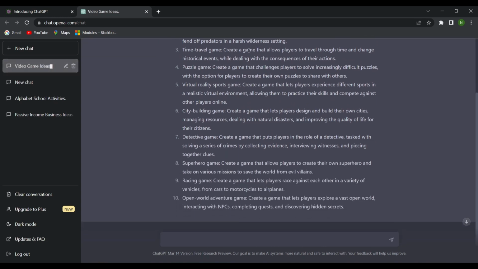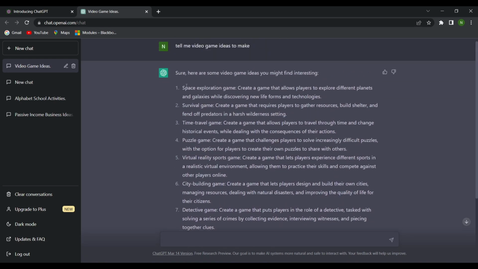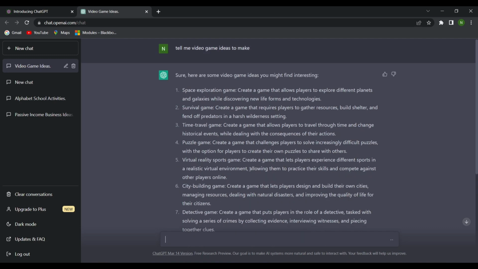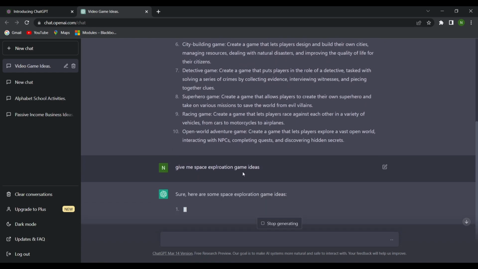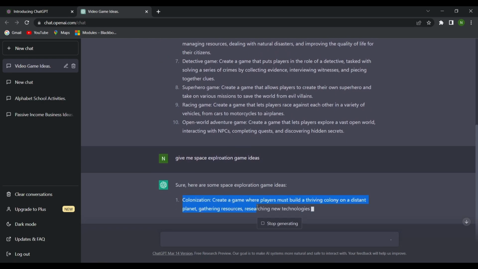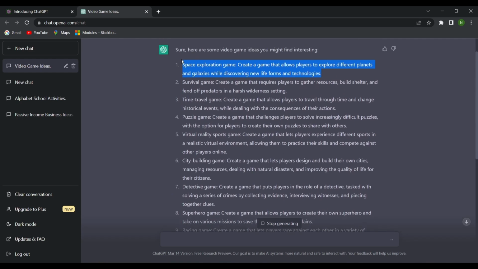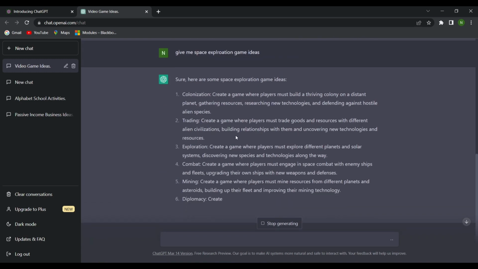So the best way to utilize this tool is actually giving more specific questions. So for example, let's say we're going to make this space exploration game. So I will be asking it, give me space exploration game ideas, and these might essentially keep on discussing this idea. And you can see that it gives you more in-depth ideas based on this genre of game that we have selected. So it doesn't have to be amongst these, but obviously I'm going to work with what I have here, and it will keep on